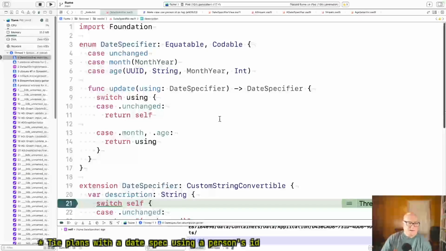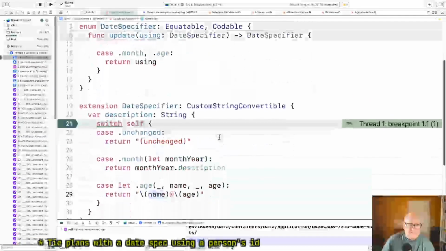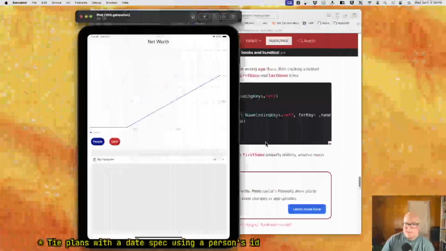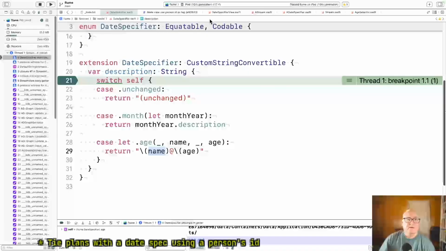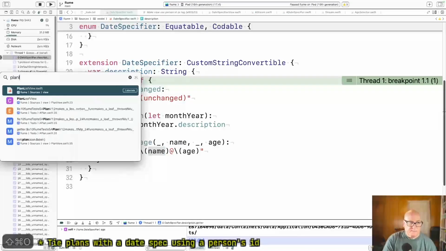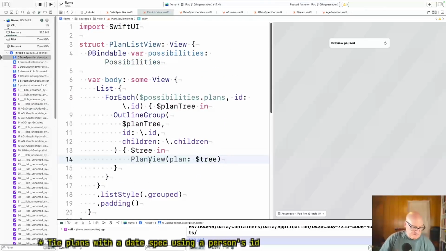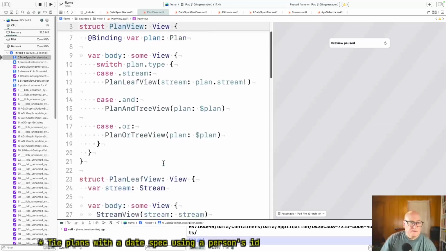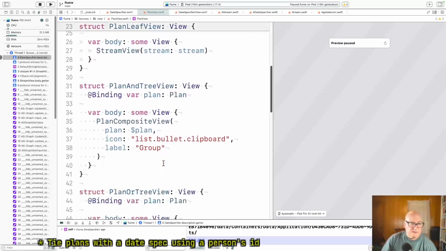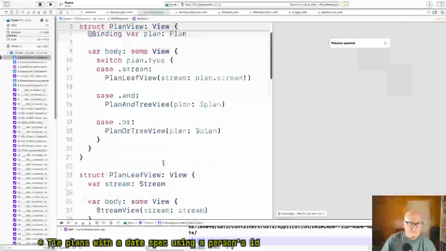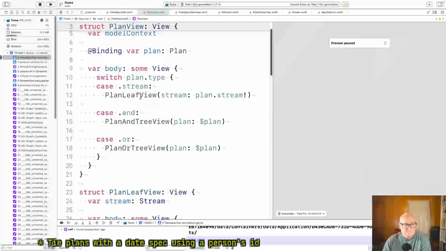There it is. Okay. Right. So what view is that? This is the plan list view, which calls the individual ones, plan view. And that calls the 3. I guess this is the one that's going to have to deal with it.